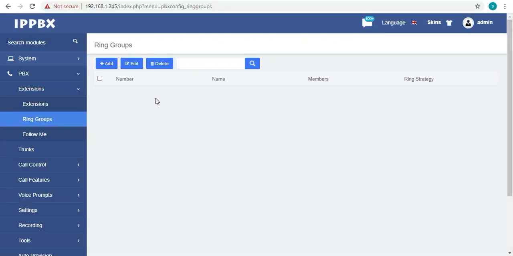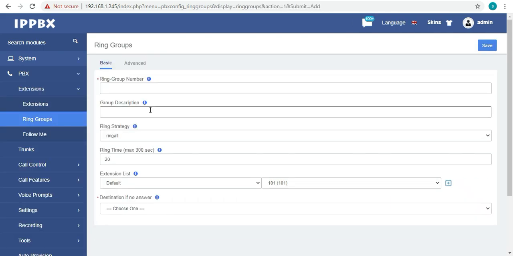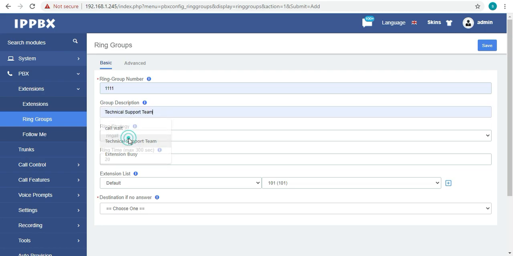So our next step is to create ring groups. We will create 4 ring groups. First one is technical support, second one is sales, third one is accounts, and fourth one is query. So please follow my steps.